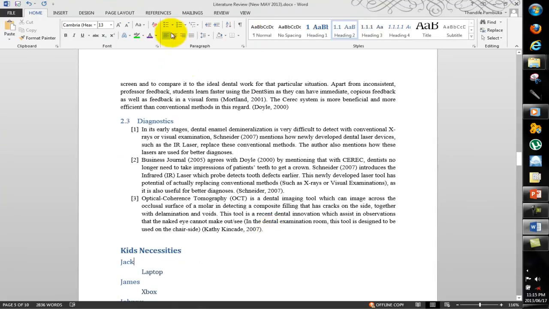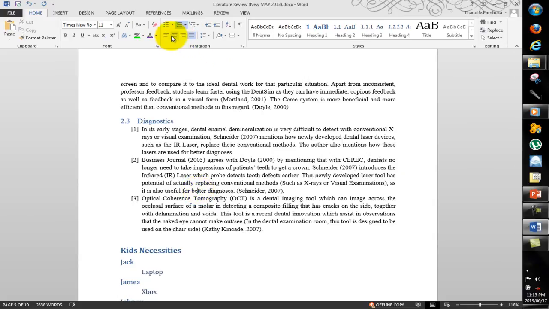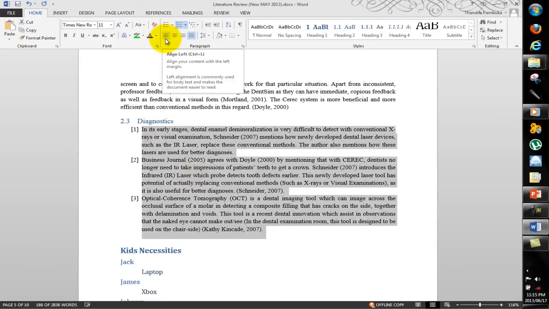Now let's look at these guys over here. What do these guys actually do? Well, as you can see, I've got my text here. It's nicely aligned on this side as well as on this side. The spacing is just right. Everything is perfect. This is where you get all these things going. If we highlight this text and we click align left,